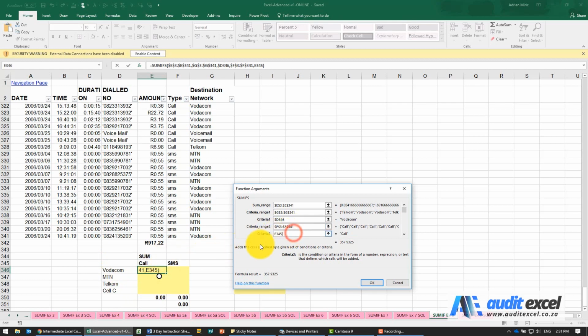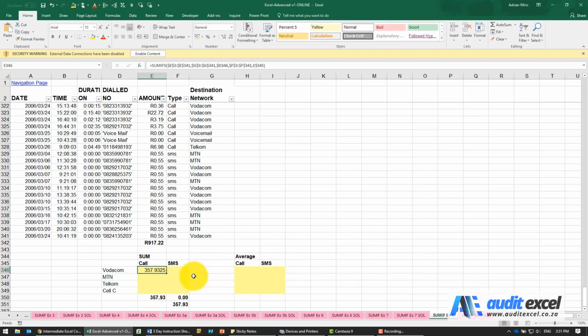Criteria range 2, so we're now looking for call, we've got to be careful. If I copy this down, I need to make sure that the row keeps looking at row 3, 4, 5. So I'm going to put the dollar sign there. Now when I say OK, it gives me a number. Let's copy it down.